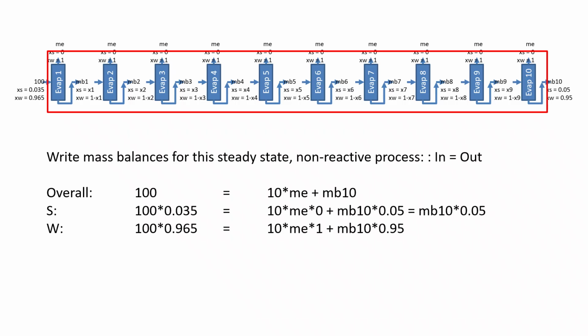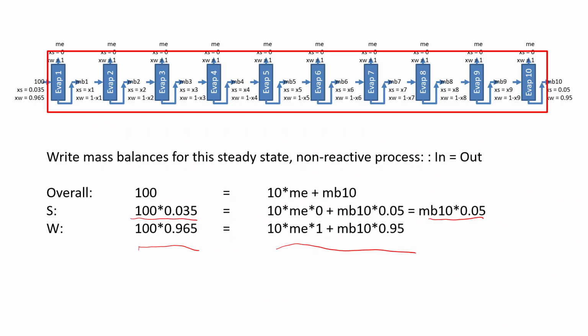So before solving for the unknowns here, I'm just going to tidy up the equations. You can see that in this table here, we have the input to the control volume, what comes in: the overall amount, the amount associated with the salt, the amount associated with the water. And on the right-hand side of the equals, we have the output from the control volume: the total amount that comes out, the overall balance, the balance for salt, and then the balance for water. And it's this equation right here